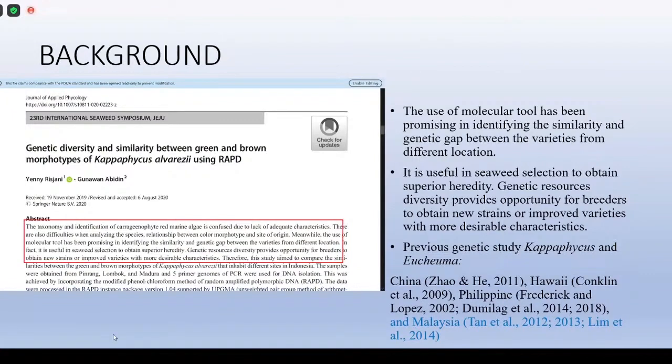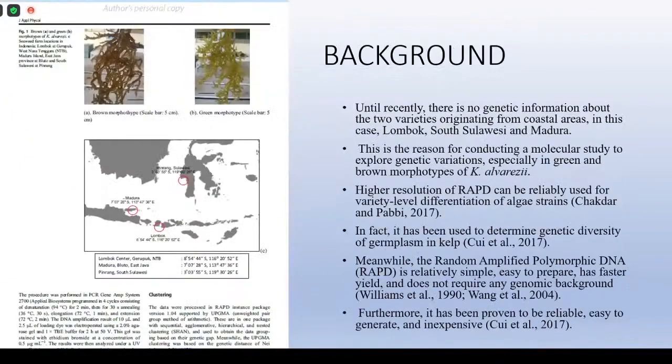And until recently, there is no genetic information about the two varieties originating from coastal areas, in this case Lombok, South Sulawesi, and Madura. This is the reason for conducting a molecular study to explore genetic variations, especially in green and brown morphotypes of